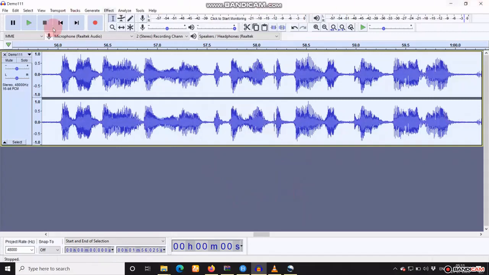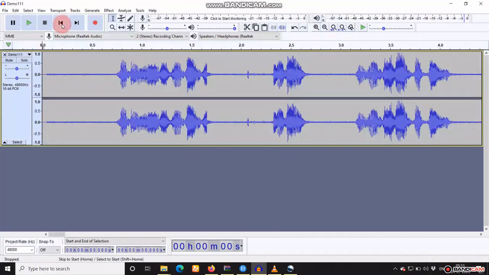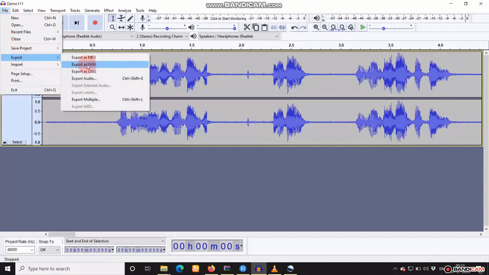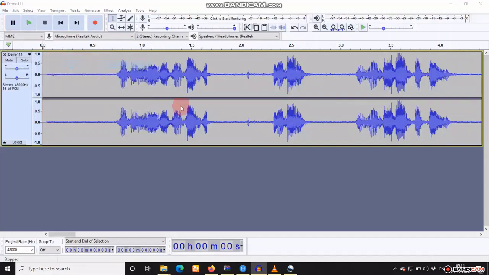Compression actually reduces loud sounds and increases soft sounds for an overall smoother sound. Okay, now you can listen to the clip once again and see whether the noise has been reduced or not. To save the audio file, click on File, then Export and select Export as WAV.